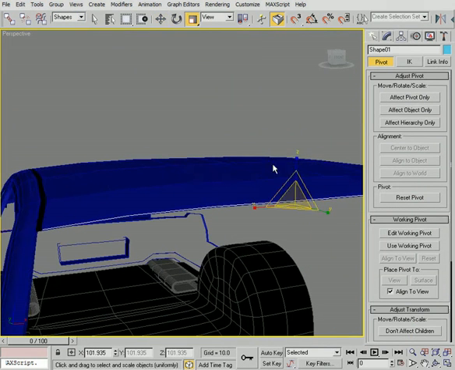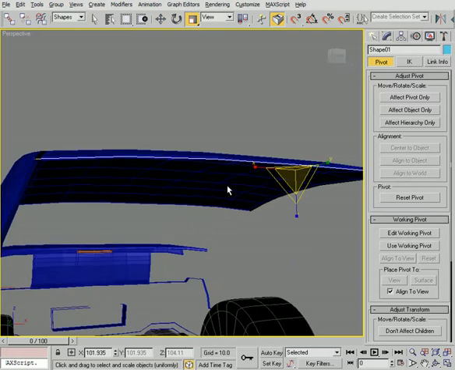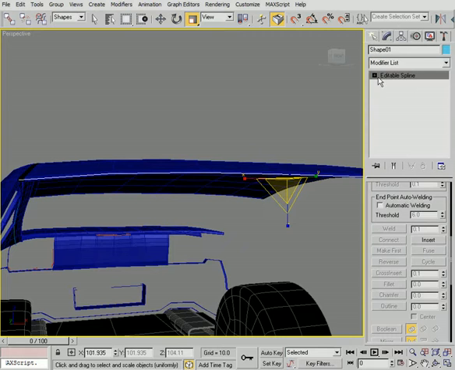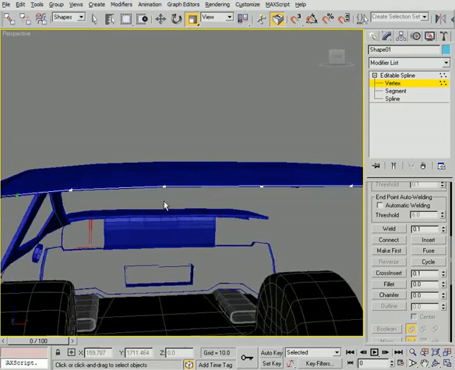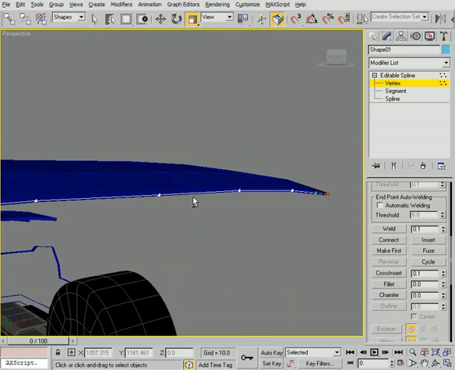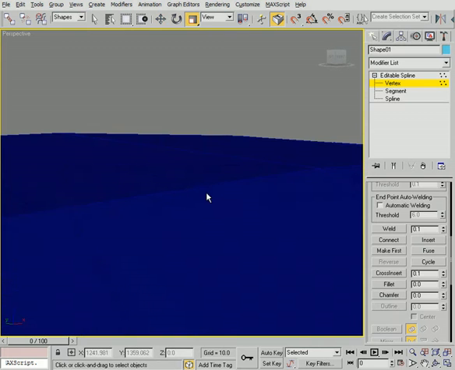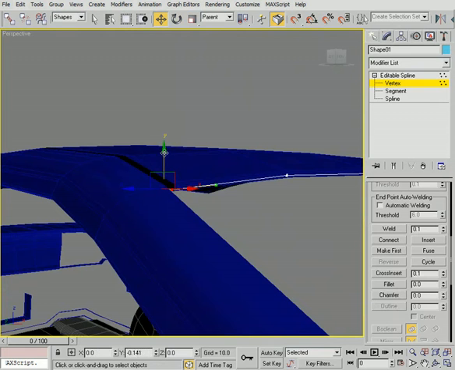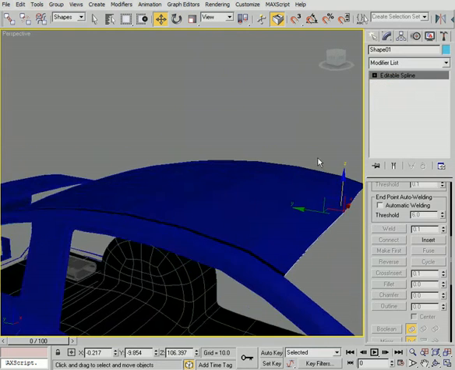Let's go ahead and scale this out just a little bit so that it just penetrates into the side there. And if you need to, you can come in and grab those vertices right on the side and just move those down just slightly if you want to do that. Just something like that. All right. So now what we want to do is